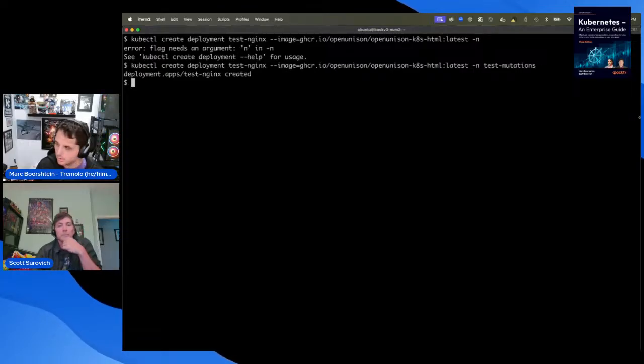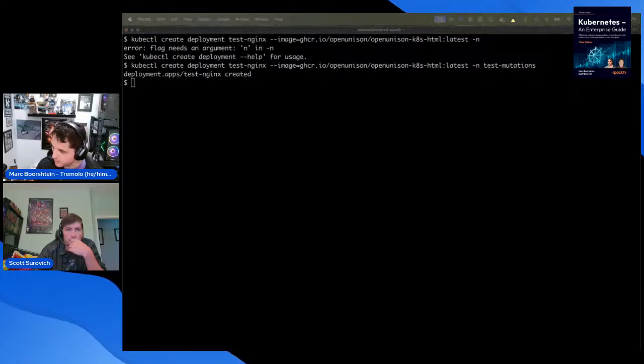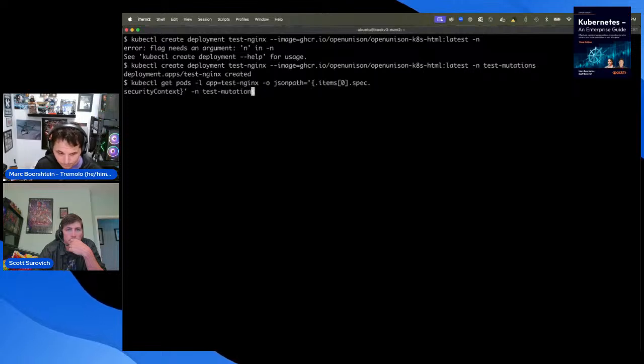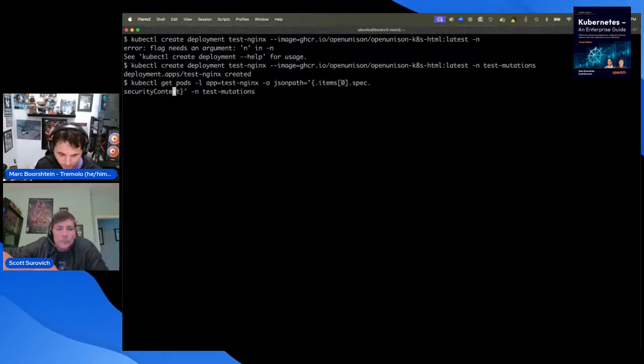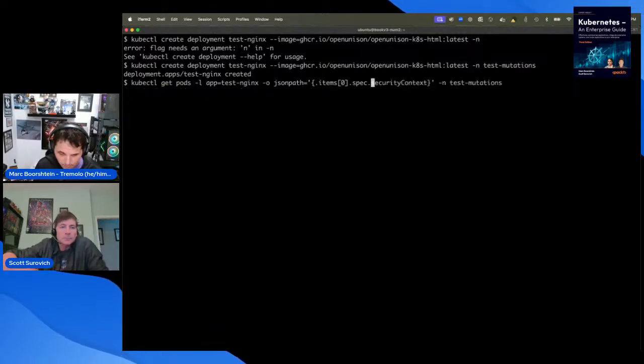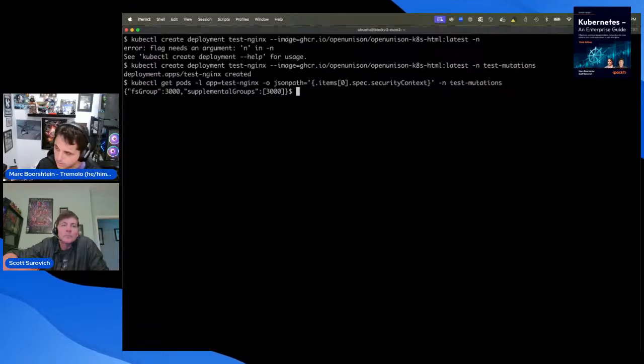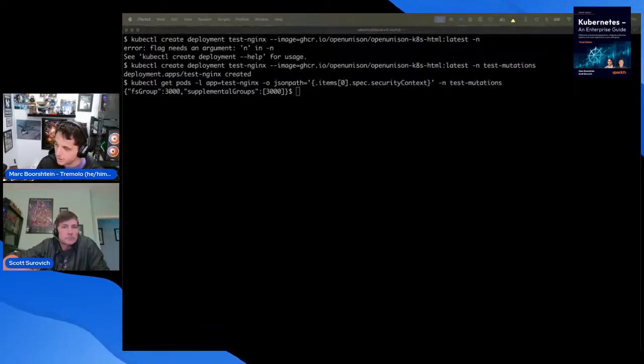Just a standard deployment. But because we have sane defaults in place, let's take a look at our security context. Our default mutations set up default supplemental groups and default FS groups, to make sure we're running with some sane defaults.